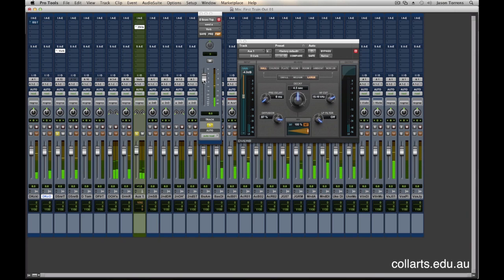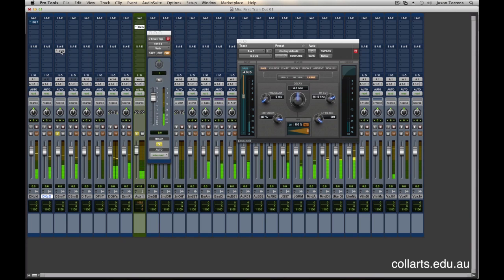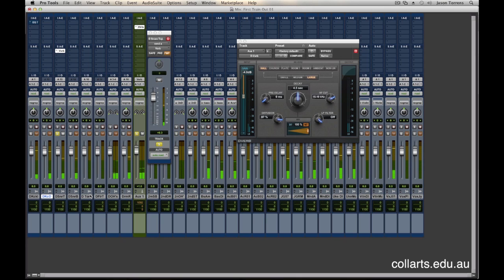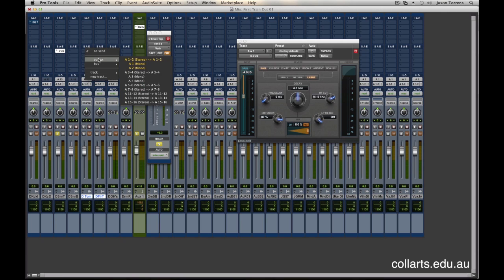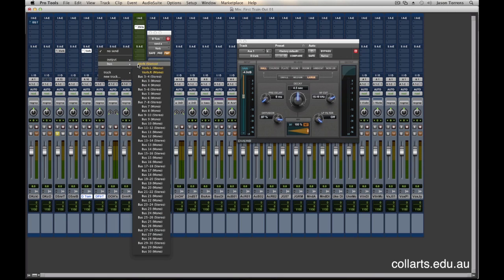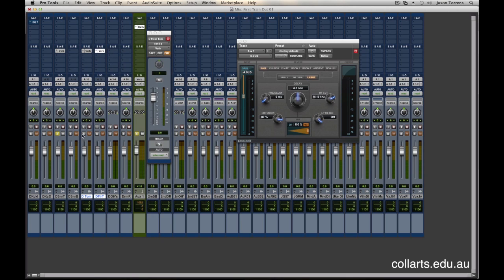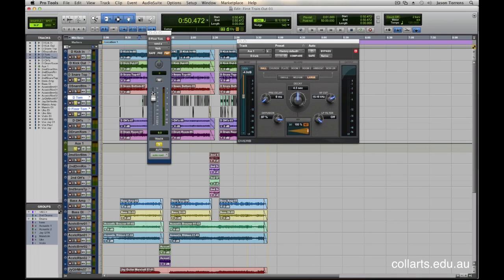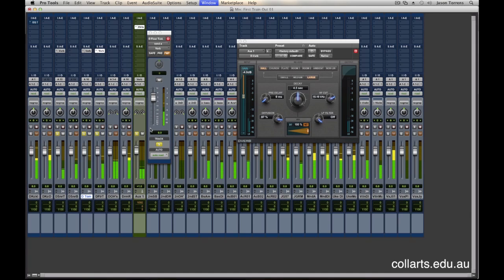I can also change how much, because this send brings up this extra little fader when I click on it, and it can decide how much of the snare drum is sent to the reverb channel. If I like that reverb, I could then choose things like the tom and the floor tom here, and send some more of these signals to the reverb. And you can send as many as you like to this particular input. So if I solo these and find a section that's got some toms on it, which is coming up right now,